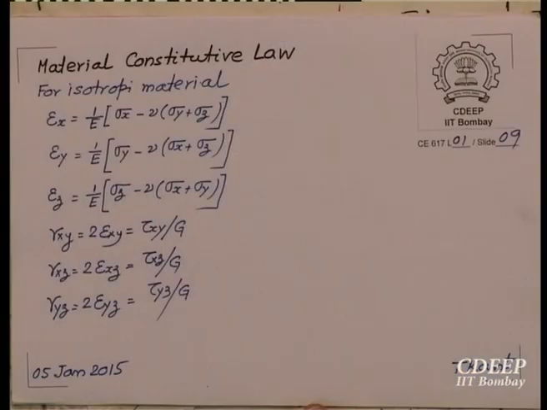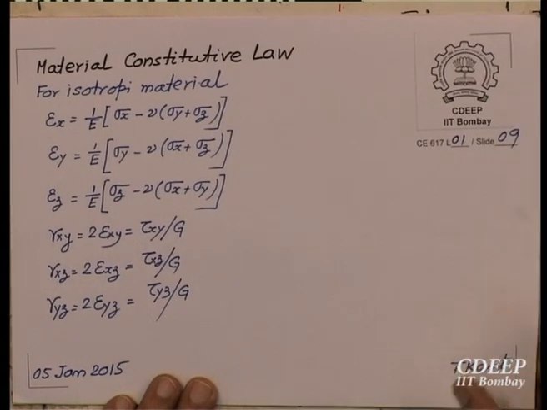For 3 dimensions, please revise all the basic equations that govern the mathematical model: equilibrium, strain displacement, constitutive relation. Then Hooke's law, the material constitutive relation. For example, I have written here a simple isotropic material, and you can write it for any other material. Material properties are point properties, not of a layer or an entire thickness; they are defined at a point P.